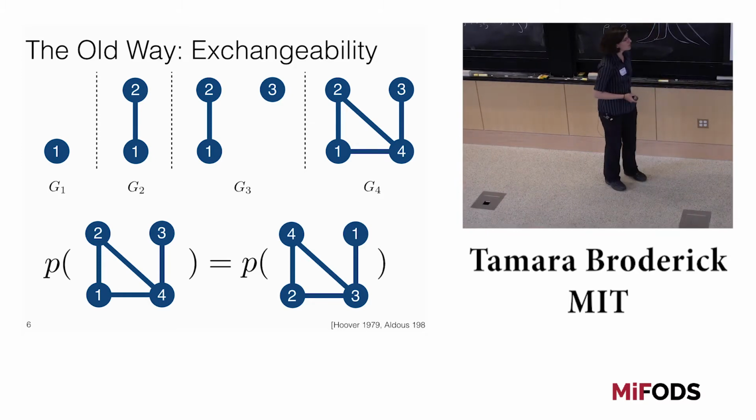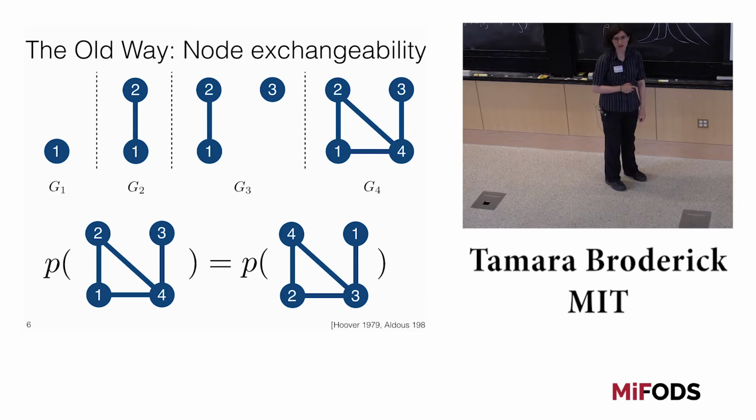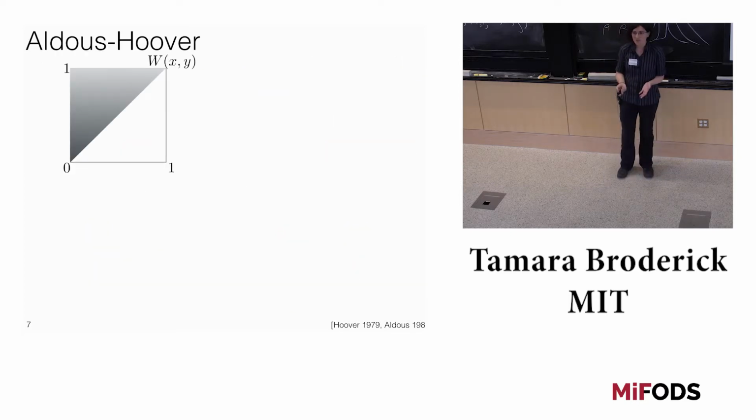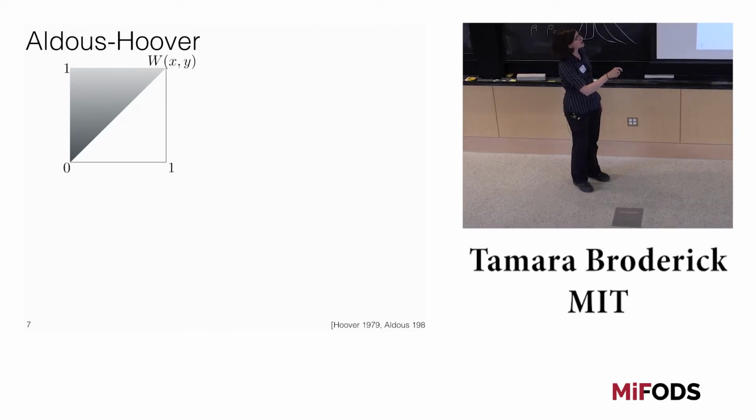Okay, well, let me tell you a way that we could generate an exchangeable graph of this sort, or sort of to emphasize what we're exchanging, a node exchangeable graph. Here's a way to generate such a node exchangeable graph. First, let's choose a function. It's a function that takes two inputs, x in [0,1] and y in [0,1]. This function here is in gray. It goes to [0,1] itself, so its values can be interpreted as probabilities.